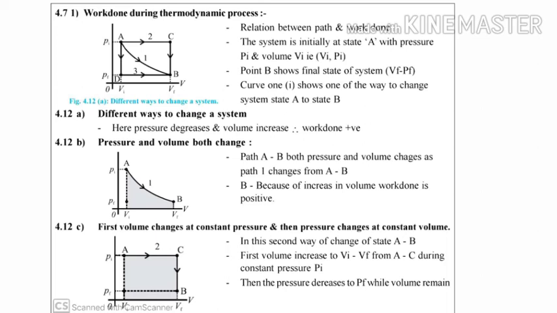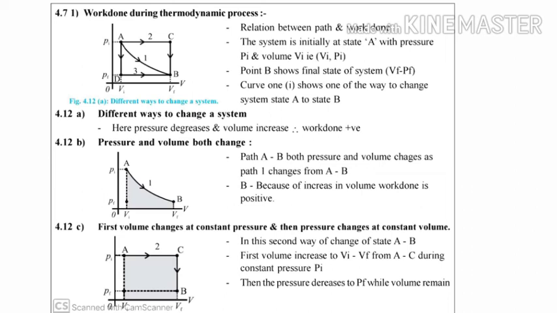As you can see, when the process follows path 2 from A to C, the pressure Pi is at a constant level from A to C, while the volume only changes from Vi to Vf, meaning the initial volume changes into the final one while the pressure remains constant. After that,